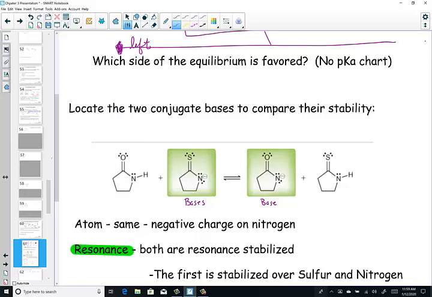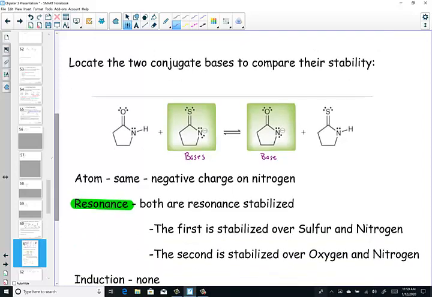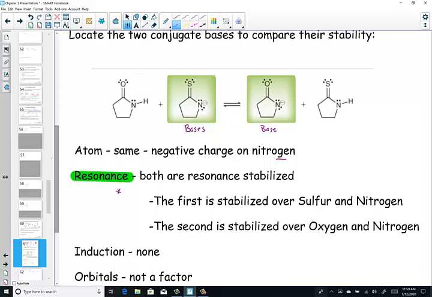The base has one less hydrogen. And we said since they're both on a nitrogen atom, we had to decide based on resonance, even though they're both resonance stabilized. We said sulfur beats oxygen in this resonance stabilized structure because it is the larger atom, and a larger surface area is going to help stabilize that delocalized set of electrons better. And therefore, since this is a more stabilized base,